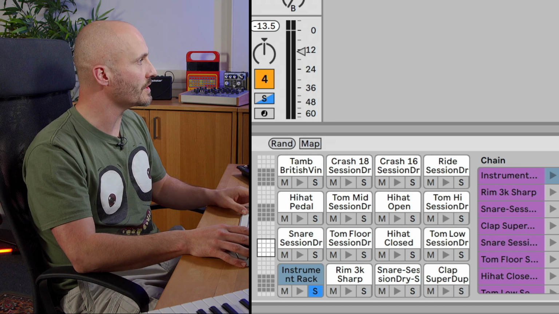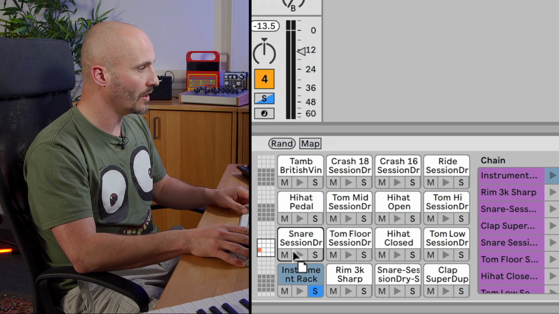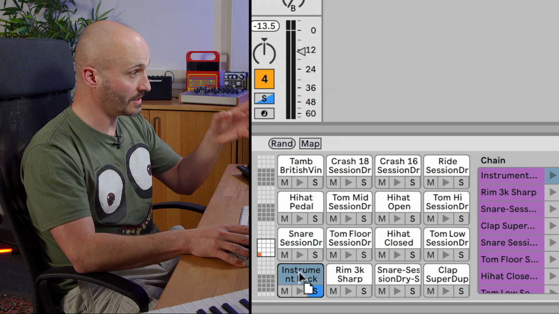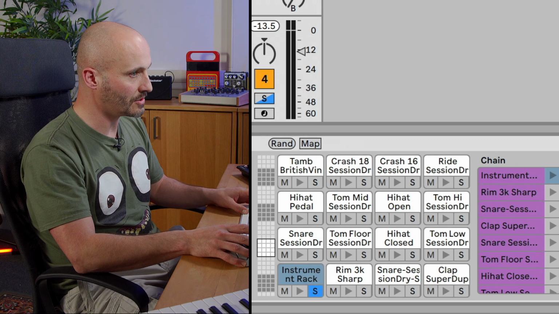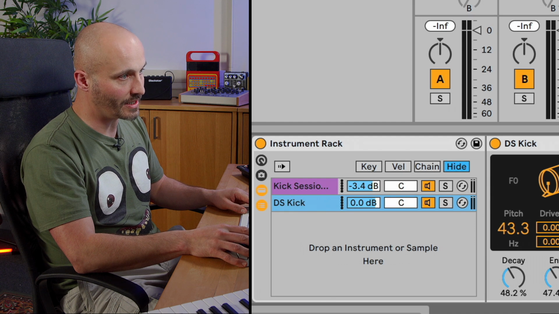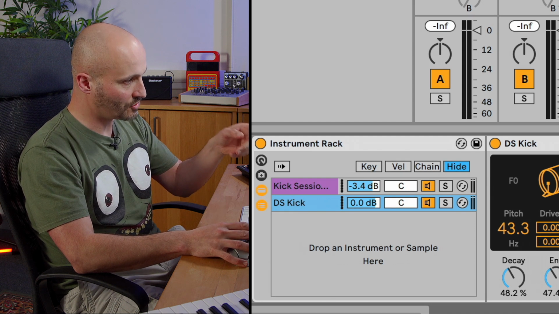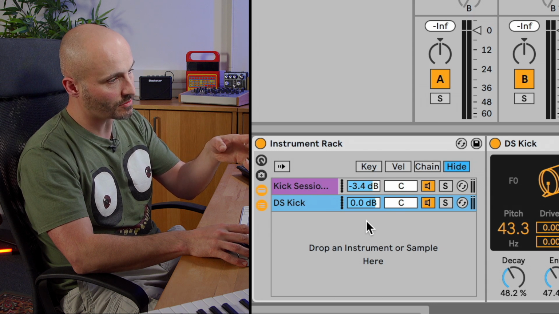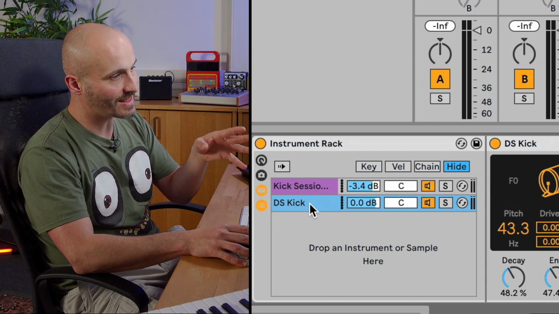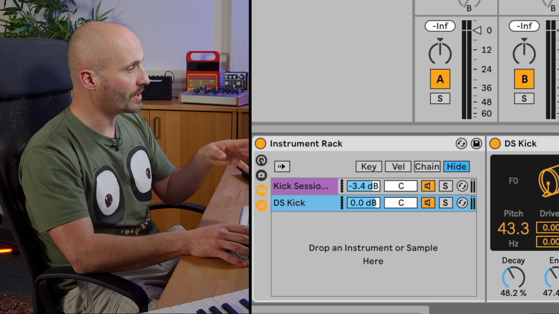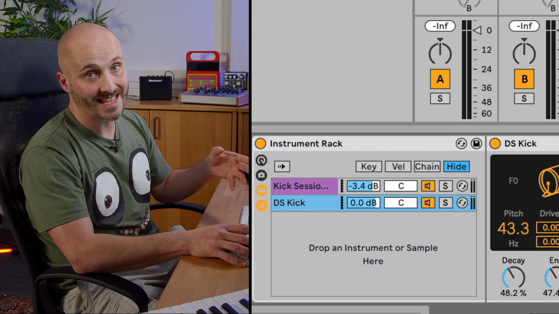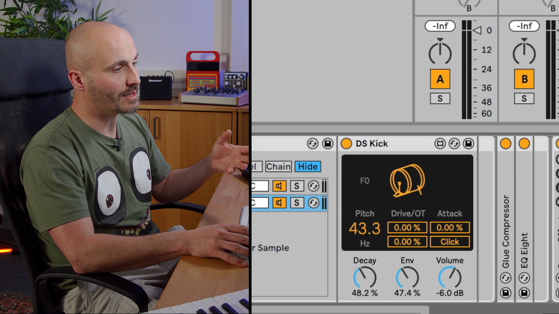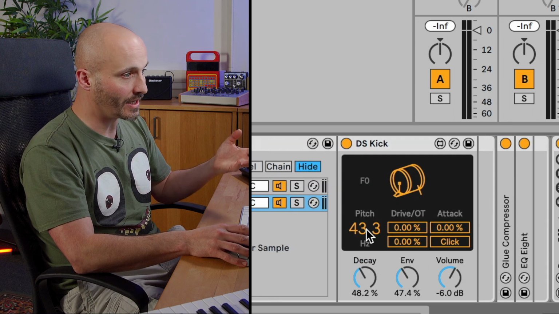There's two ways we could do this. We can drag a kick over to the existing acoustic kick, hold command and just pop that on alongside. Now we have one MIDI note that triggers that pad, going to trigger the original session drums kick drum sample alongside my synthetic kick. One thing we can do here is tune the synthetic layer to be in keeping with the acoustic layer. We can do that either by ear,